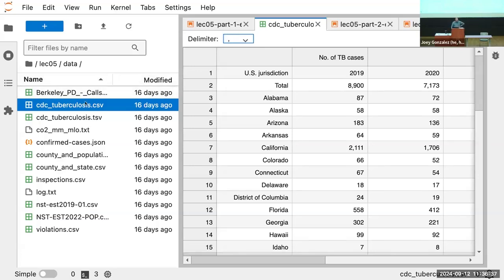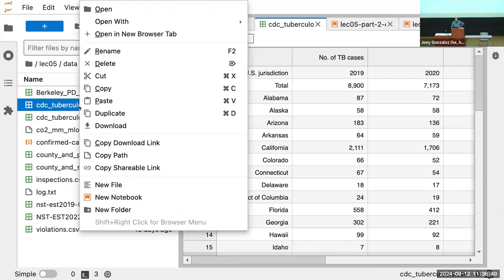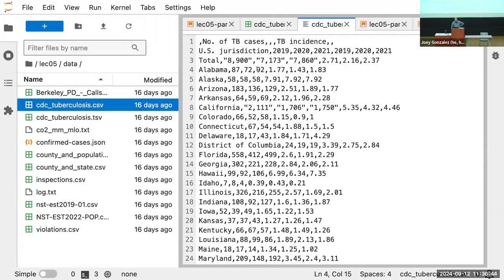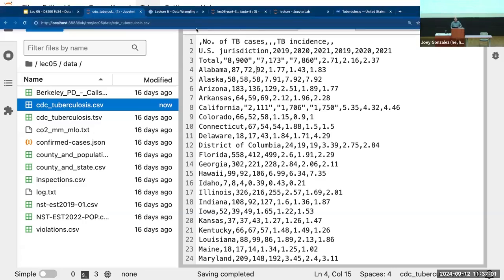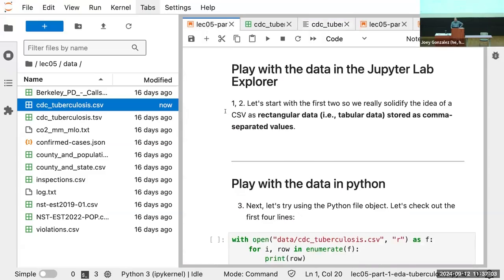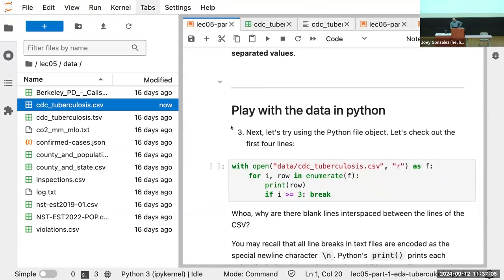There's another way to open up stuff in your Jupyter environment. You can right click. You can say open with editor. Oh, you can see the raw data. You can even edit the raw data. Don't do that. Don't edit data. Leave the data as is. If you want to make transformations, and you might, make those in your code so you can save what you did. Don't edit the data. All right, back to EDA. All right, so that's how you click around.